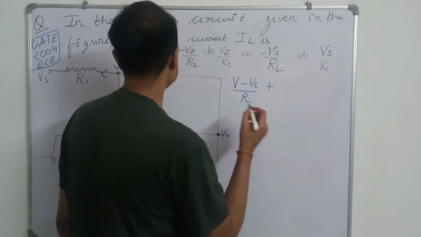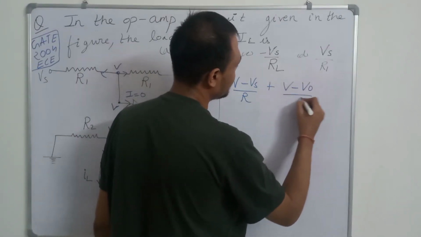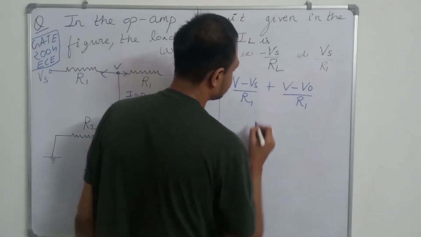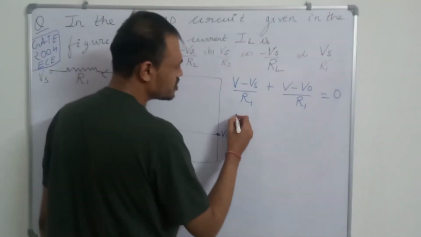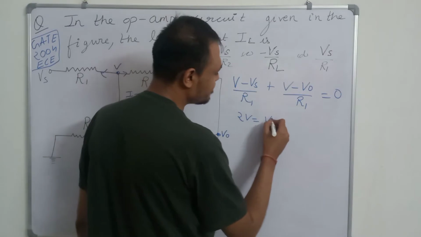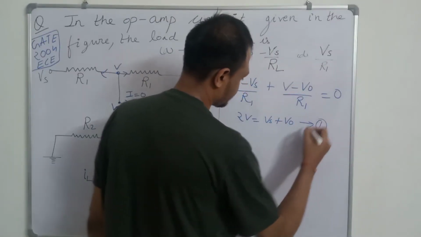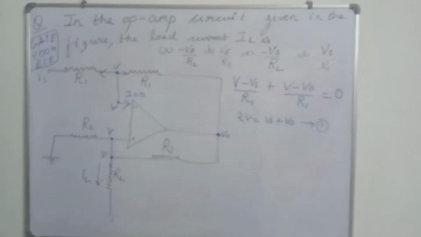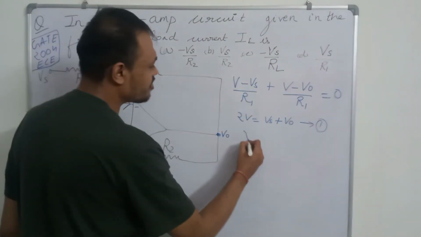So we just have to take into account this current and this current. V minus Vs by R1 plus V minus V naught by R1 is equal to 0. So this gives 2V equal to Vs plus V naught. This is the first equation, that 2V equal to Vs plus V naught. Now we apply KCL here. So this is ground. So V upon R2